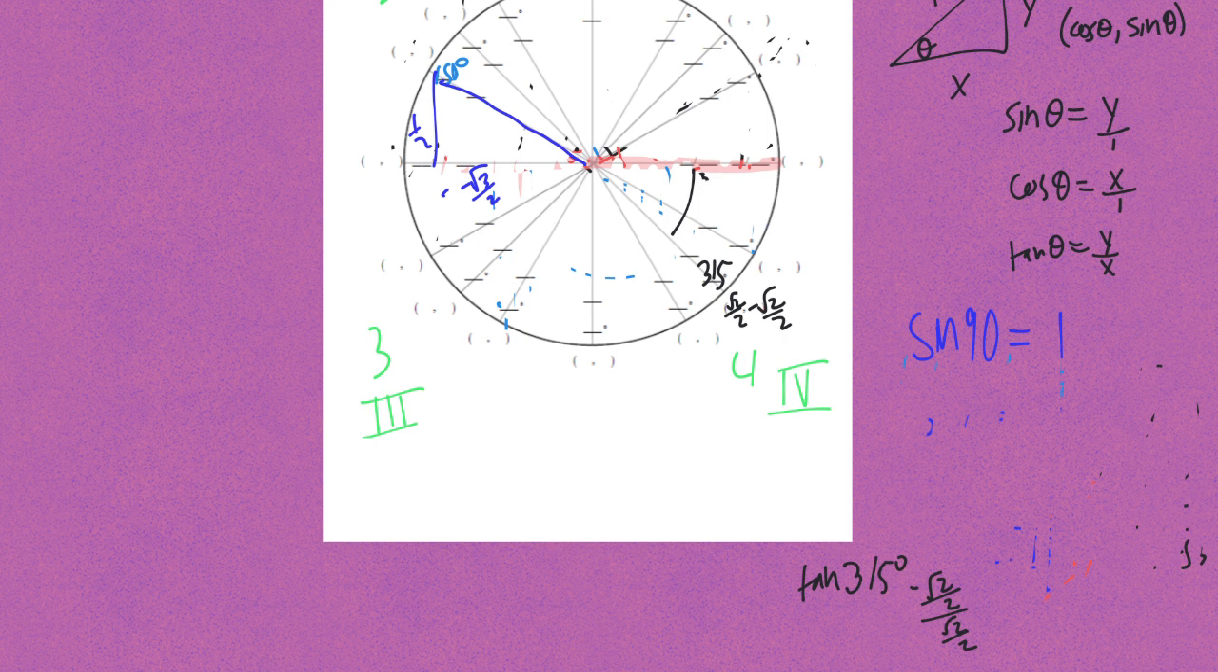Then if I say, what's the cosine of 90 degrees? That's 0. What is the tangent of 90 degrees? That's going to be the y over the x. That's 1 over 0. Wait, that's undefined. And if you remember, when you draw a tangent,